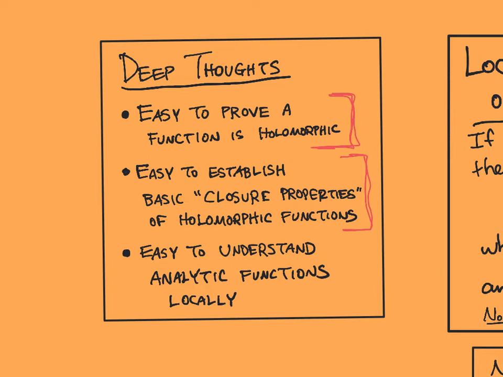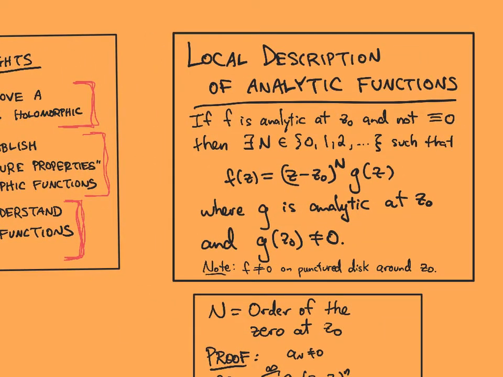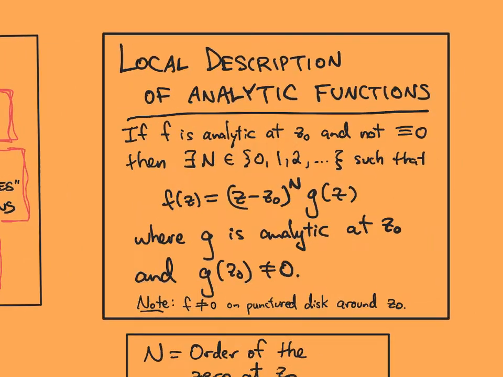But what's not so easy to understand are the local properties of holomorphic functions, and analytic functions and power series properties are much better at establishing local properties. So here we can give a local description of analytic functions, which would be hard to do straight from complex differentiability. Let's see, so if we have an analytic function f,